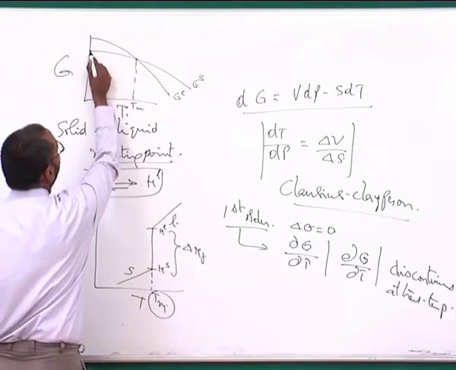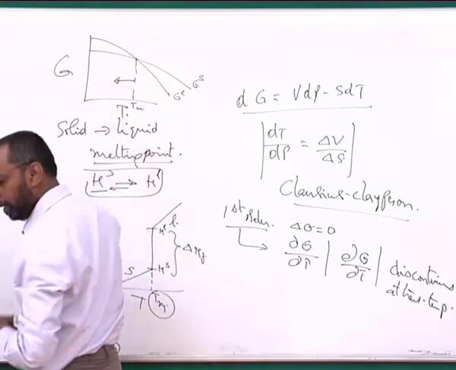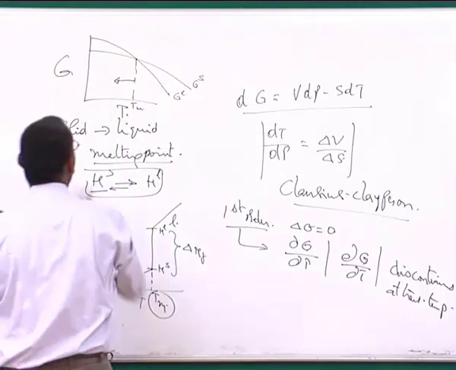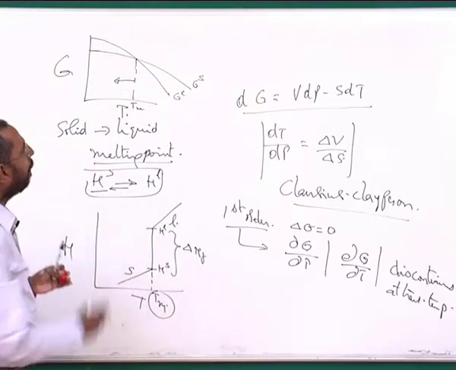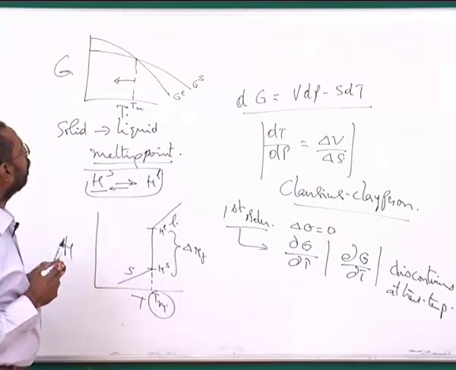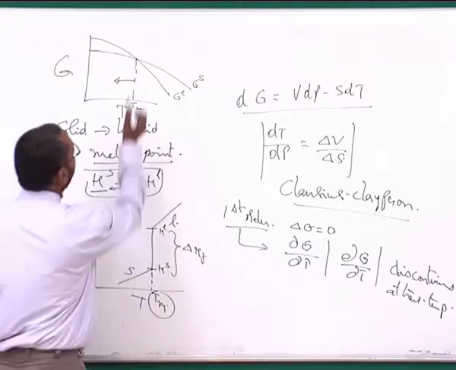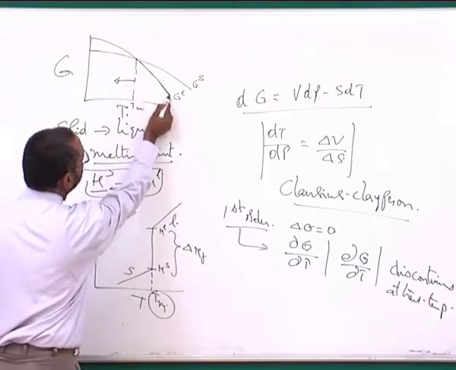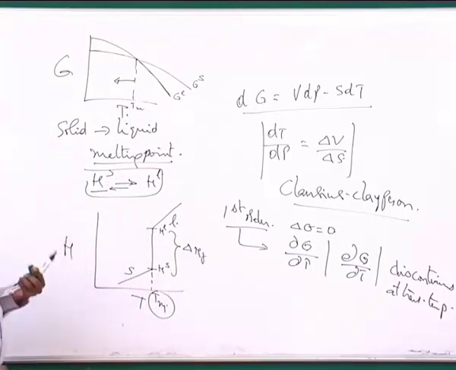because if I simply look at how the G is changing, you will see that below the transformation temperature it is solid that is stable, and if I look at its free energy, the free energy of the solid is this, and above the transformation temperature it is the liquid that is stable, and the free energy of the liquid is this that we are talking about, because we always know that according to the definition, the phase with the lower free energy is the stable state when compared to a phase with a higher free energy at any given temperature.